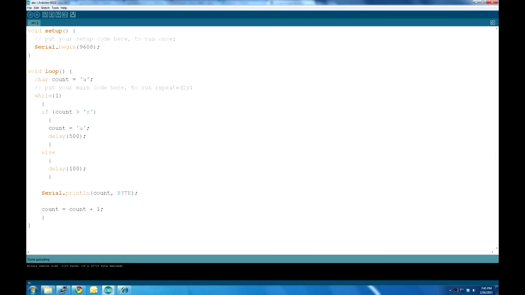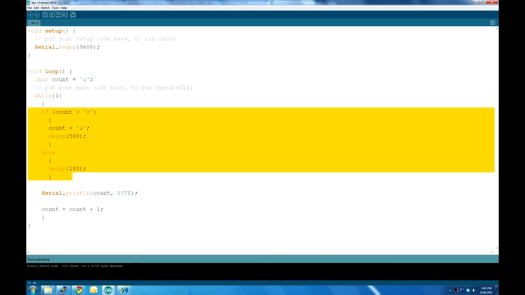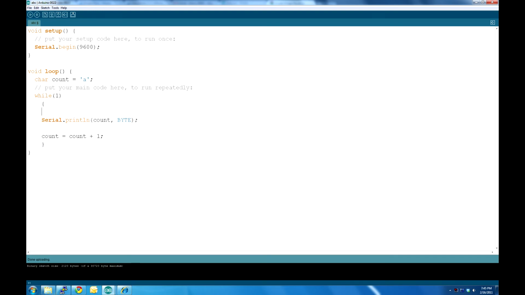Alright, let's reorganize this whole program again. Let's get rid of all this. And so now we're starting with a count initialized to A. We're going to print it out, and then we're going to go count equals count plus 1. Now, if count is greater than Z, we want to exit the loop. Well, how are we going to do that? Let's create a new variable. Bool looping